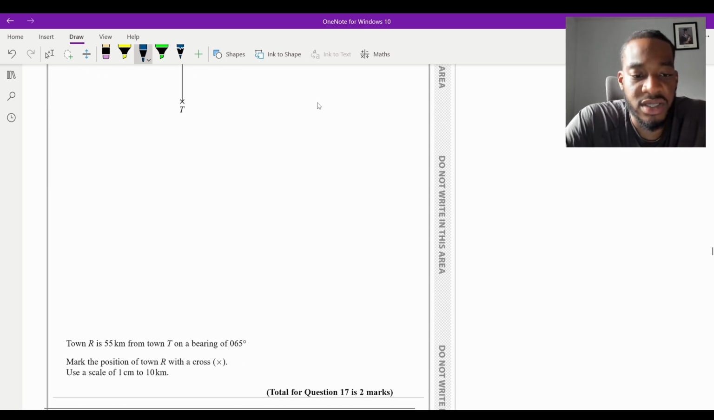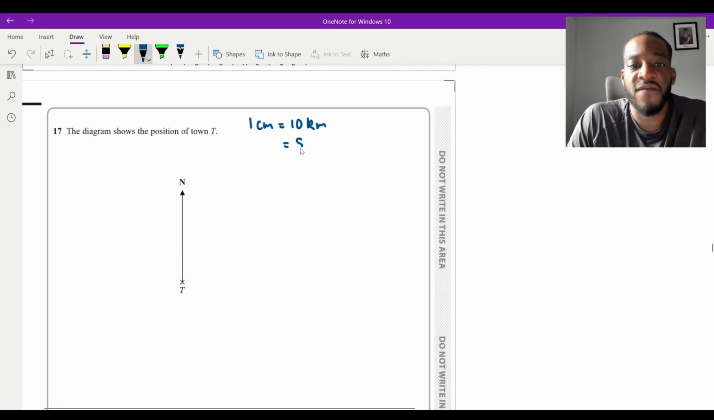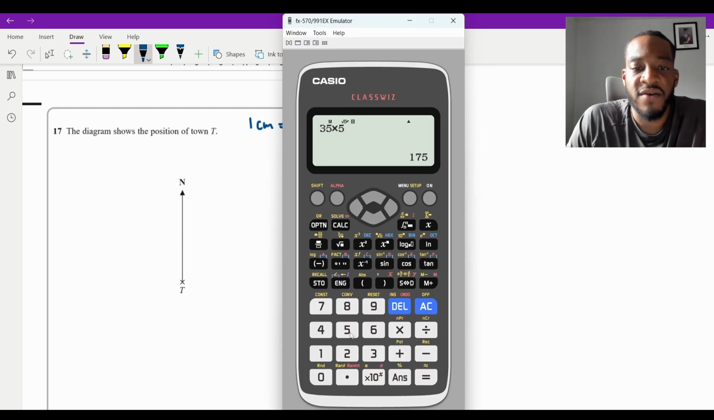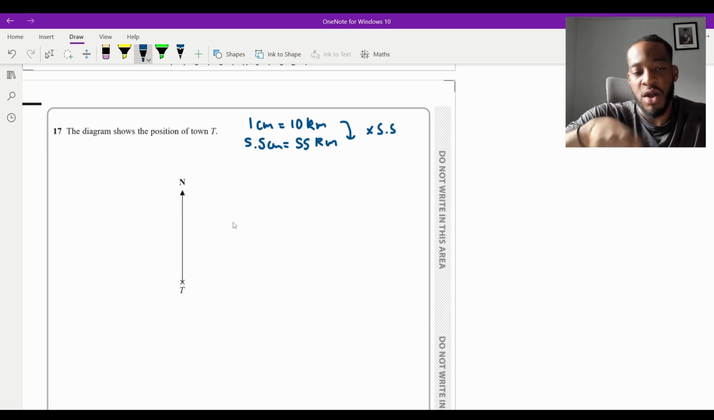And we know that the town R is 55 kilometers away. So what we need to do is figure out how far 55 kilometers is based on the scale here. And all you're going to do here, how many 10s go into 55? You're just going to do 55 divided by 10, isn't it? Which is just 5.5. So I'll just show you here. 55 divided by 10 is equal to 5.5. So we're going to times by 5.5 to get me to 55 kilometers, which means I'll times that by 5.5 as well. 1 times 5.5 is just 5.5. So we know how far we need to travel on our diagram, 5.5 centimeters on your ruler, and the bearing